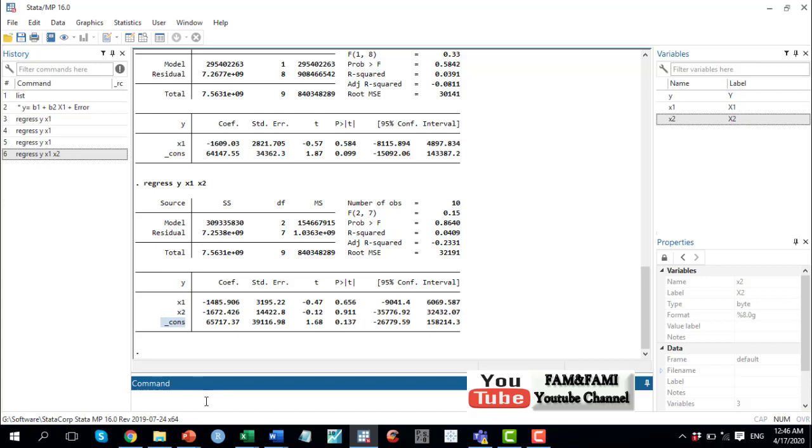Another way is to put the mouse cursor here, and instead of choosing the command using the mouse, simply go to your keyboard and press the page up button once. When you press the page up button once, you see the most recent command in the history panel. Then press page up one more time, and you see the command previous to this most recent command.